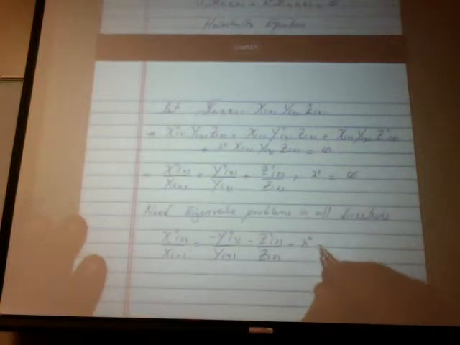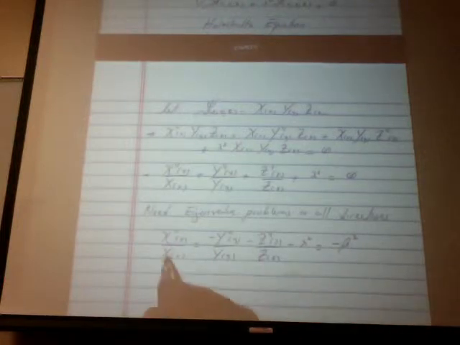We can separate these: X double prime of x over X of x is equal to minus Y double prime of y over Y of y minus Z double prime of z over Z of z, minus lambda square, and then we make that equal to a constant, minus beta square, which we make negative because we need an eigenvalue problem in the x direction. So in the x direction, we have X double prime of x plus beta square X of x is equal to 0, plus